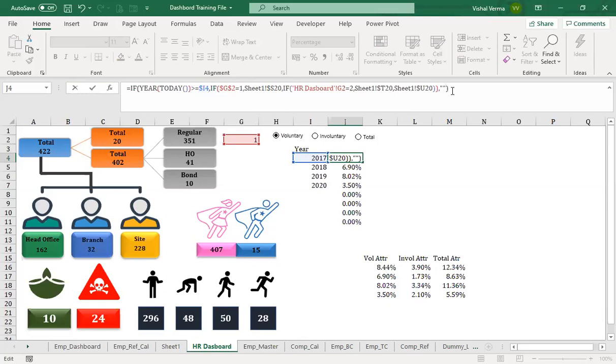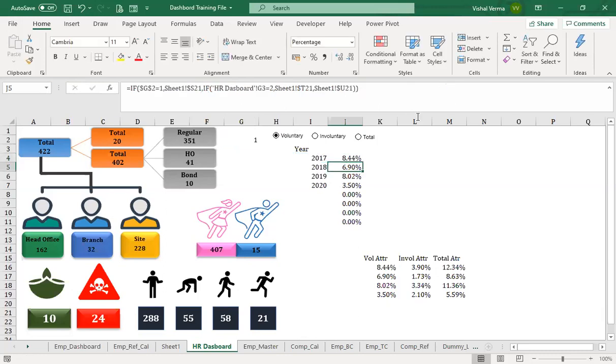Let's see, hope the formula is correct. Okay, so we have got this data. Okay, so we can just cross check it.